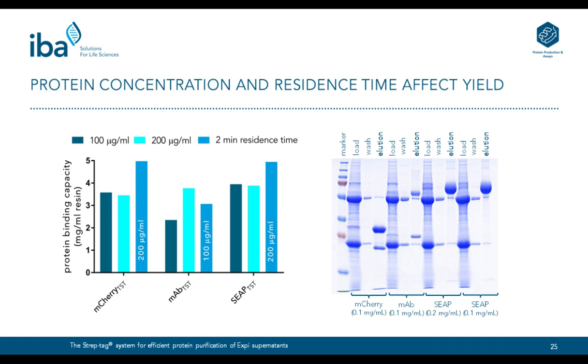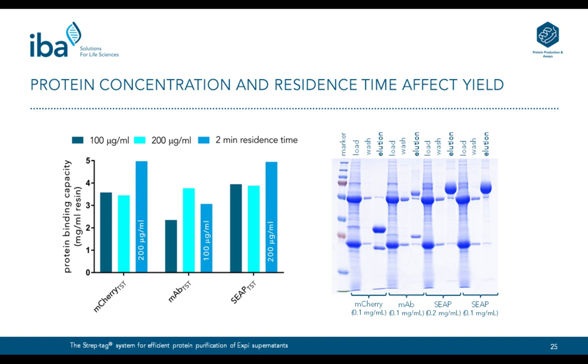And for this, we used the ASPEC pipetting devices that allowed us to adjust the flow speed and the residence time. And you can see how the binding capacity changes if you increase the residence time. We achieved higher binding capacities for all proteins, like 5 milligrams